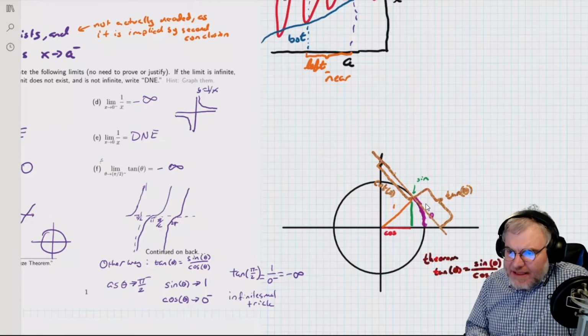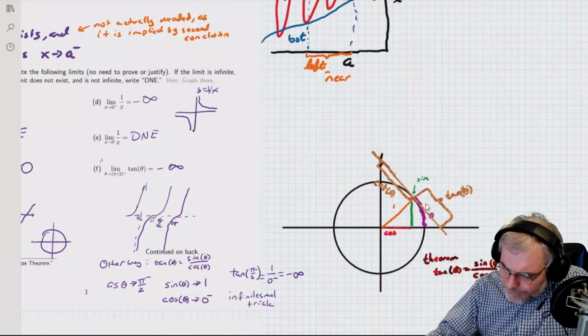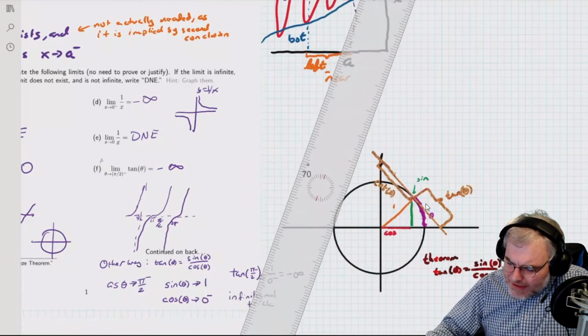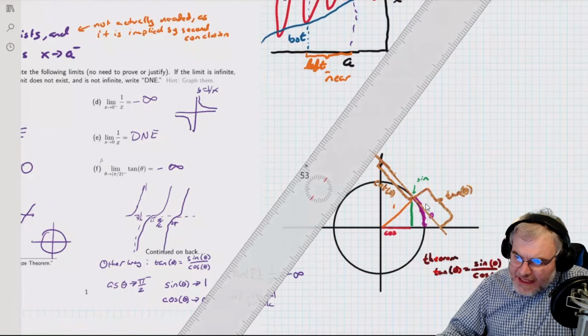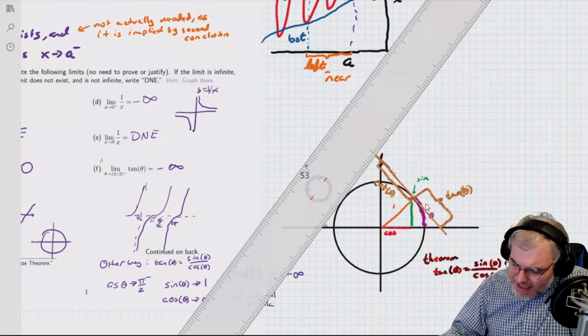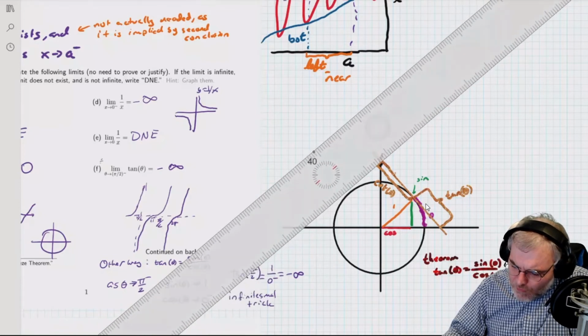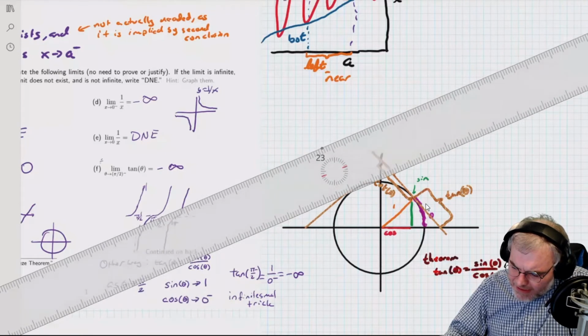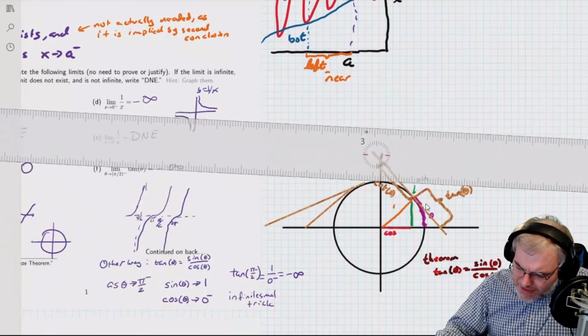And if you think about this length, if you think about lines, this is a negative slope. The tangent here is negative. This distance right here is negative. And as I move this way, the length here gets longer and longer. I get more and more negative. The length from here to the x-axis gets more and more negative until it goes off to negative infinity.